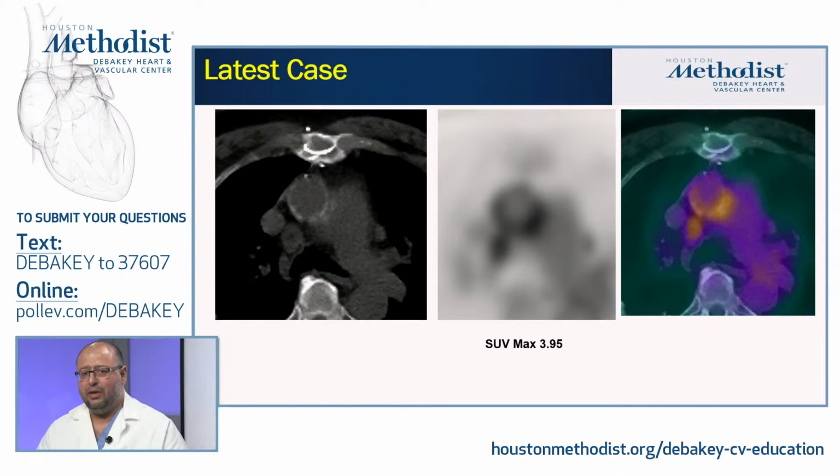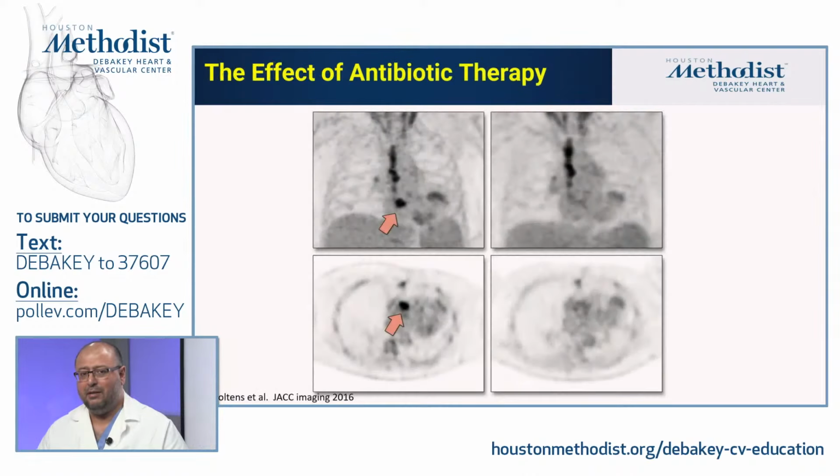Another case that we struggle with is the effect of antibiotic therapy. Sometimes patients come to us, but they already had 2 or 3 weeks of antibiotics, where the inflammatory response, or the white blood cell response to these infections, has significantly decreased. And you can see that some of these have much less uptake at that time, and that's why it's very important to keep that in mind when you are interpreting it. So you're not going to have the same intensity of FDG uptake when you are looking at these.